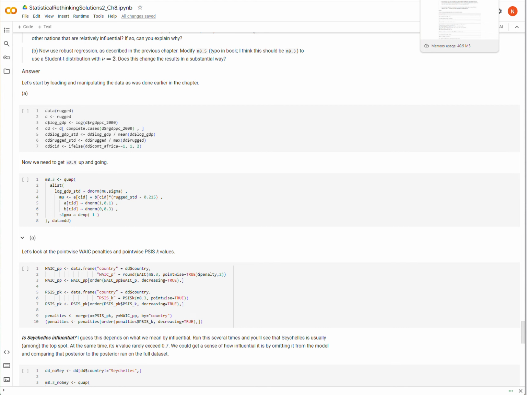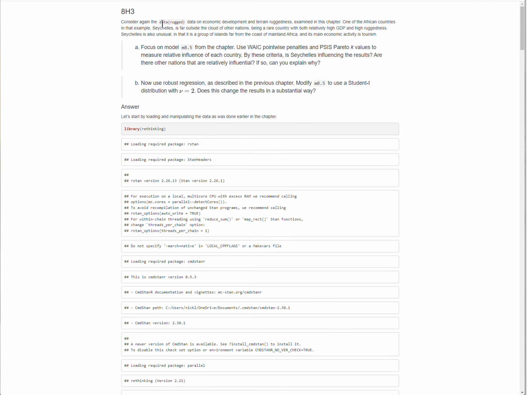Okay, so what we are doing is we are considering a data set that was used earlier in the chapter called rugged, and in the analysis that the book was doing there, we were trying to determine the effect of ruggedness on GDP of a country. And there was this idea that maybe countries inside versus outside of continental Africa may have a different relationship, or the relationship between GDP and ruggedness of their terrain may differ inside and outside of Africa. Okay, so that's the idea.